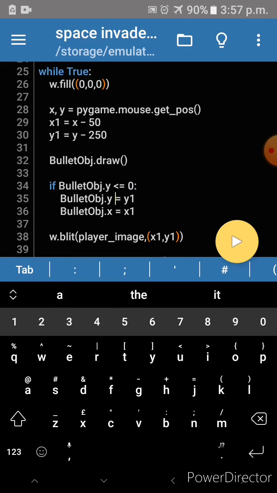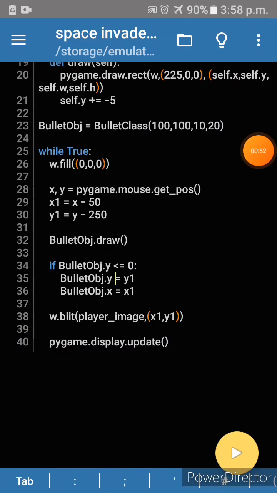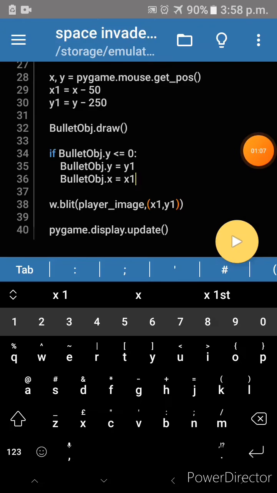Now let me run this program. Now if we look at the output, if it gets less than 0, it again comes to the x1 and y1 coordinates of the player. The x coordinate is a little bit far from the player's center, so I am going to change that.